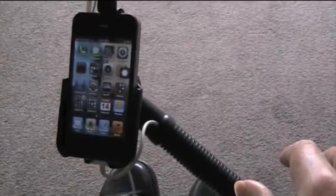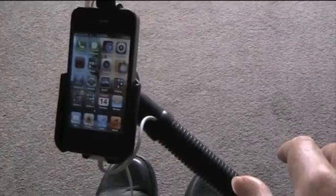this little app called Voice to Apps allows you to do a recording